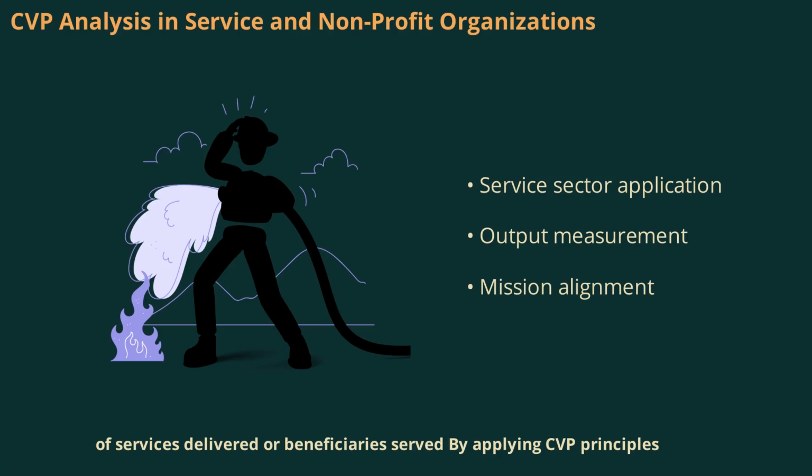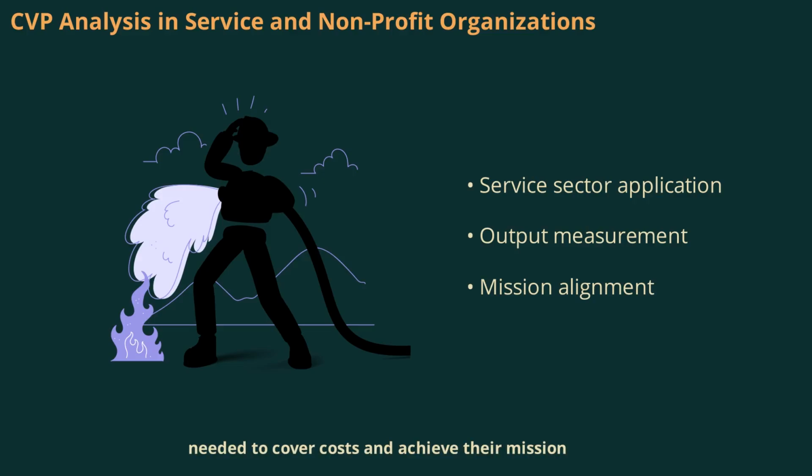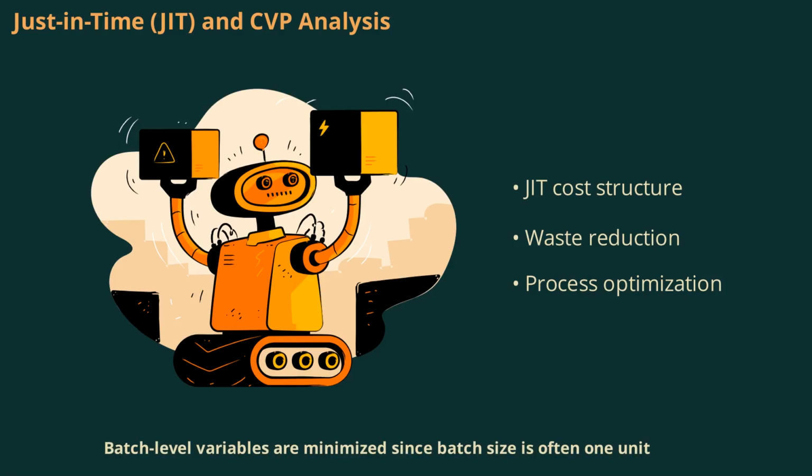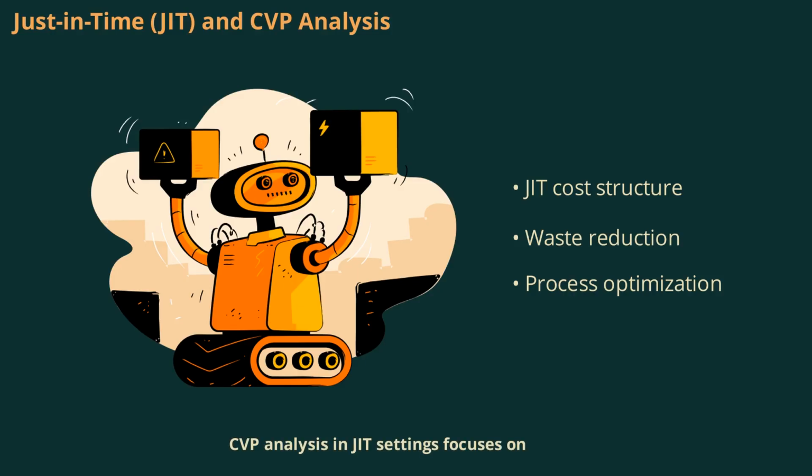By applying the CVP principle, they can determine the pricing or funding levels needed to cover costs and achieve their mission, even in regulated or competitive environments. In a just-in-time (JIT) environment, variable costs per unit decrease or fixed costs increase as direct labor becomes a fixed cost. Batch-level variables are minimized since batch size is often one unit. CVP analysis in a JIT setting focuses on optimizing engineering costs and unit-based variable costs, helping managers streamline operations and reduce